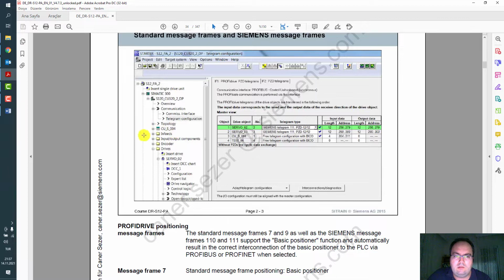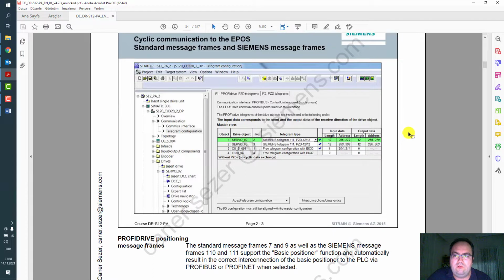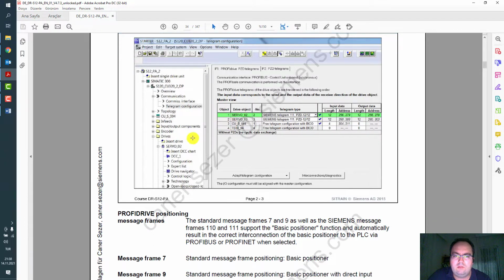In the other case, it's connected via a hardwire cable. You just set logic level 1 to start generating the DC link, and you will get some feedback like warning and alarm from the InFit unit. If you are using basic EPOS inside your drive object for servo 2 or 3, you should select the Siemens Telegram 111.